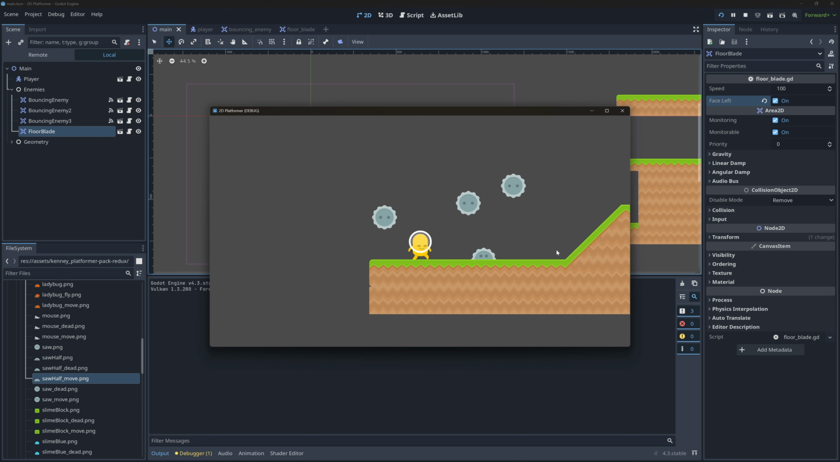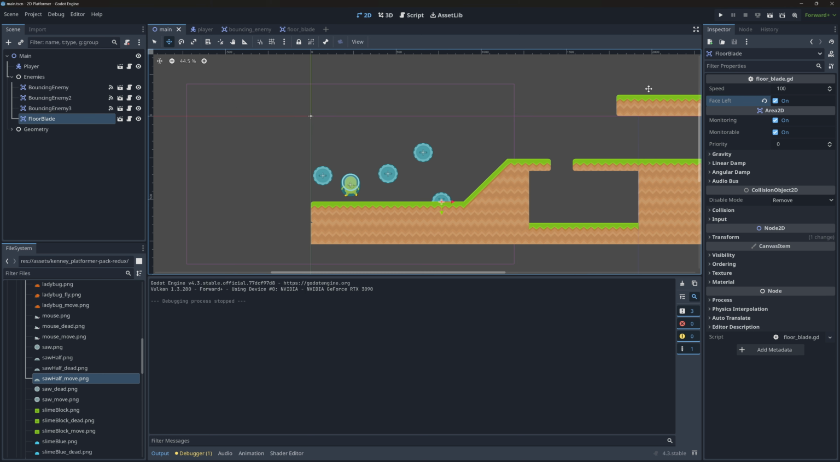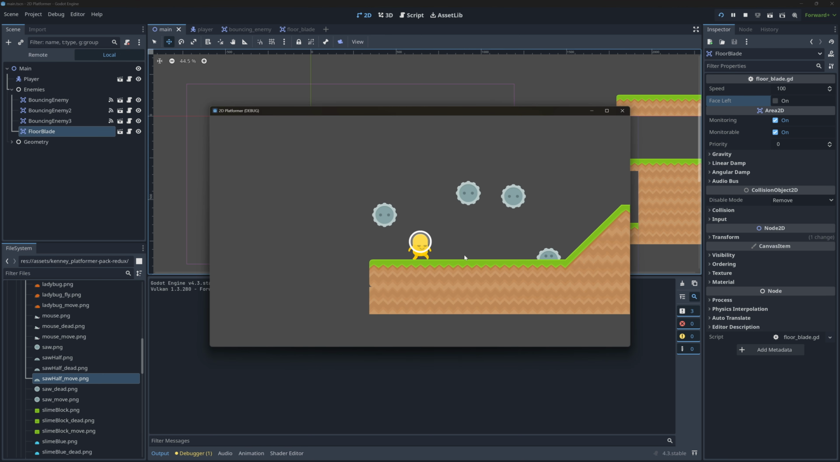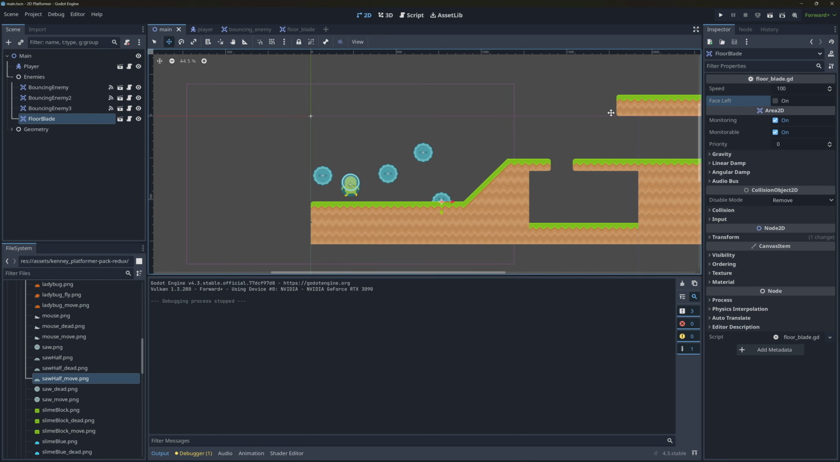And sure enough, he's running straight at me. But he doesn't kill me yet. And just to show that if we turn it off and we run it, he should move to the right. And he does. Great. So the next thing I want to do is put up these invisible walls for him